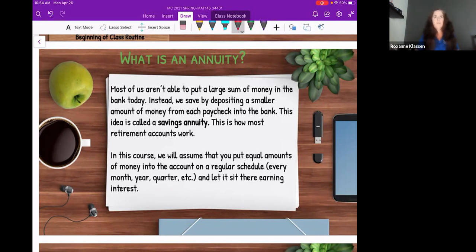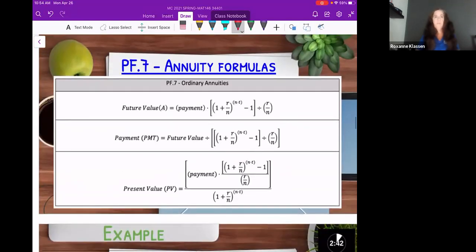Here's your formulas. They're a little bit challenging looking, but if you put them in your calculator accurately, you'll get the right answer. You could also use the TVM solver. Now, the hardest part is reading it and making sense of what I need to do in the problem. So if you look at these three formulas we have right here, the first formula